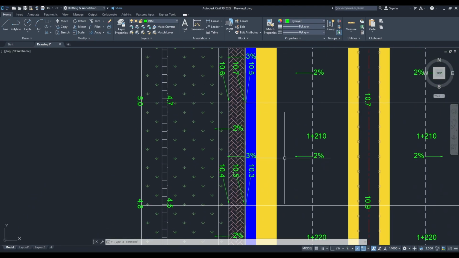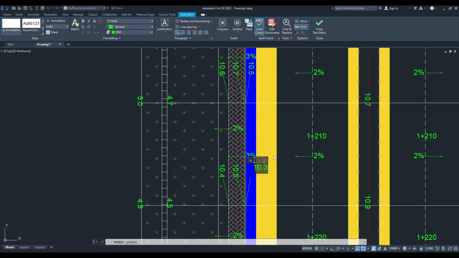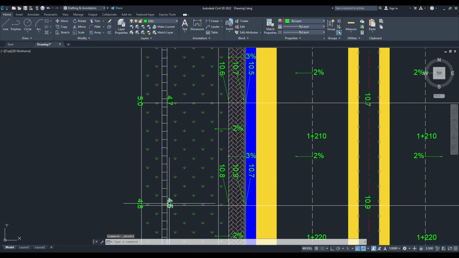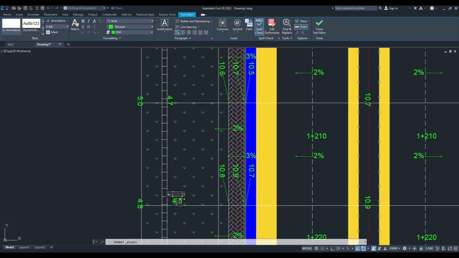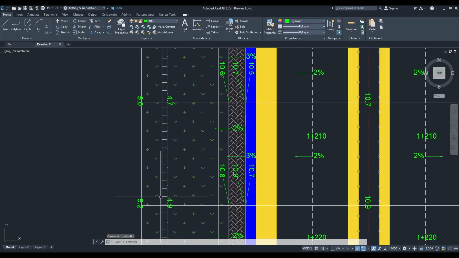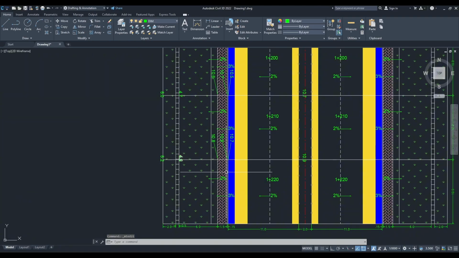Now these ones, it was 10.5, so 10.7, 10.7, so 10.9, 10.6 to 10.8, 4.7 to 4.9, 4.5 to 5.2. Okay, we'll select these dimensions